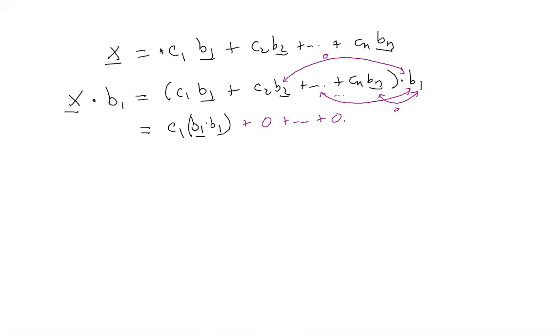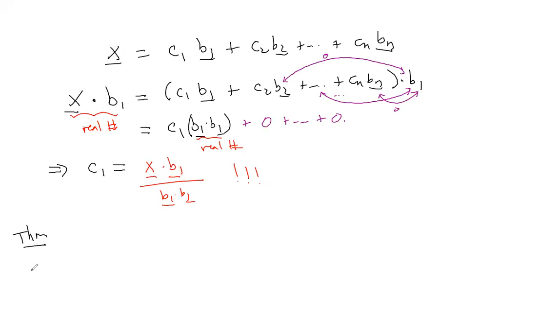Right, but this is great because now C1, we can just solve for it. This thing on the left-hand side is a number. This is a real number. So we can just solve for it. You just automatically get the real number from this formula. You don't need to solve any linear system because they're orthogonal. You get the coefficient. And so this is maybe a theorem or something at some point,